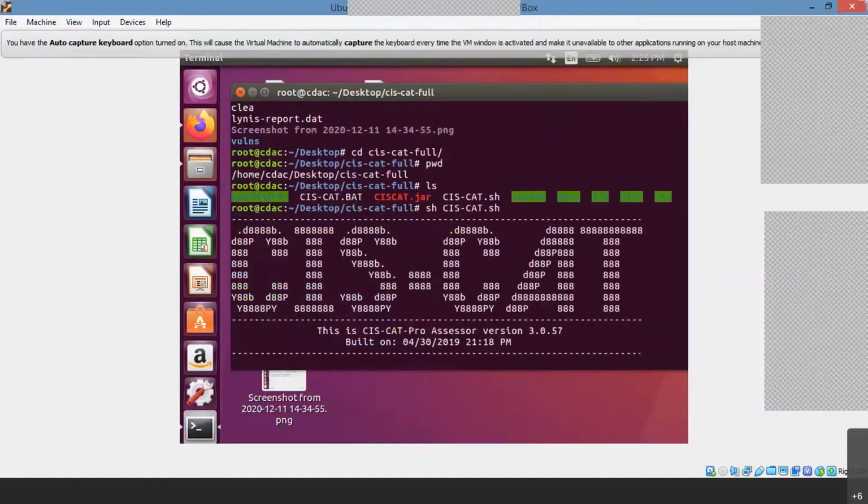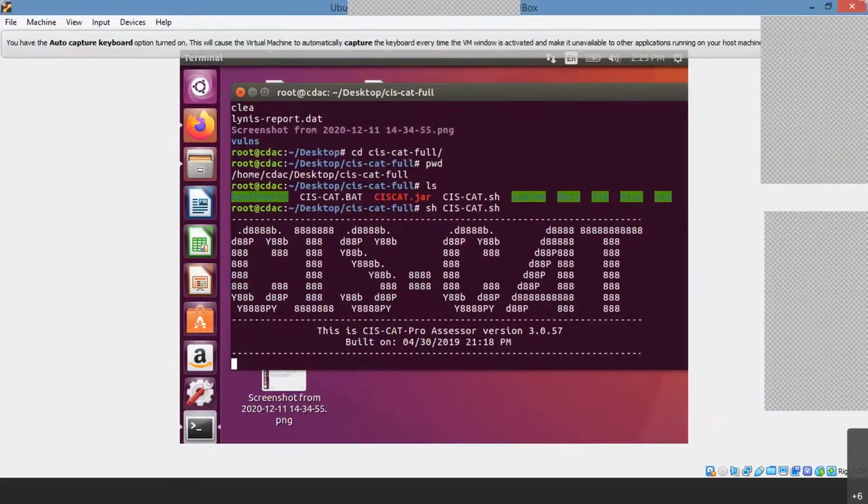It takes some time. See, this is the CIS-CAT Pro, built on this and so on. It fetches all your benchmarks and shows what the default OS I'm using is. It gives you a clear idea now. Once it is done, you will get a GUI assessment tool interface.